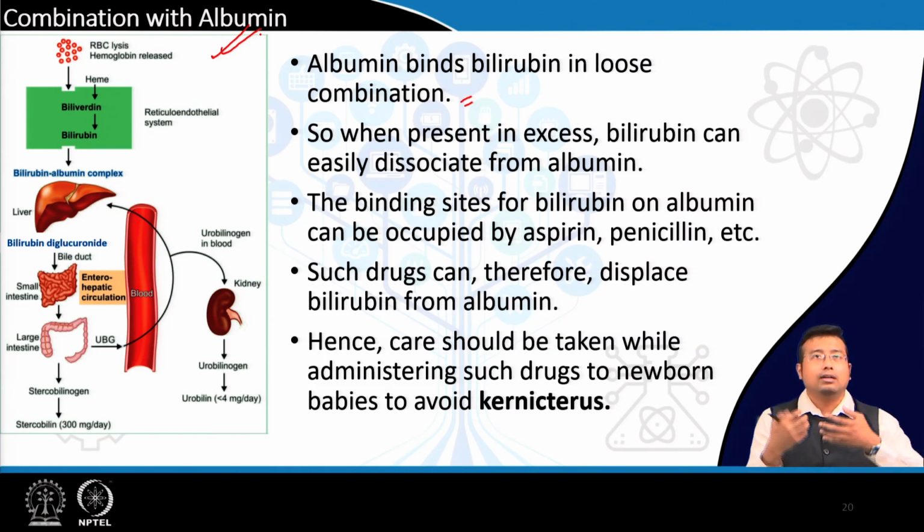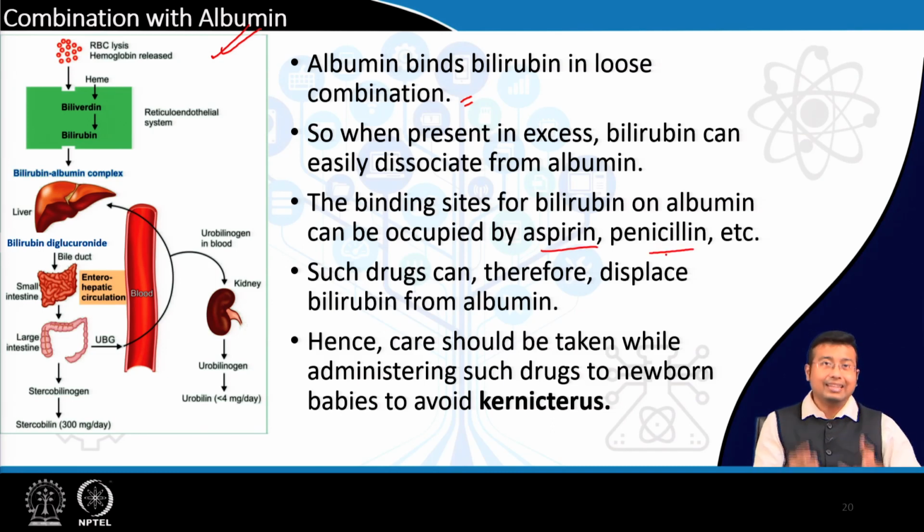So, whenever there is any excess of bilirubin, the albumin can easily dissociate from bilirubin, or some drugs that compete for this attachment can easily displace bilirubin from albumin. Drugs like aspirin, penicillin, etc., can displace it and lead to the formation of free bilirubin,